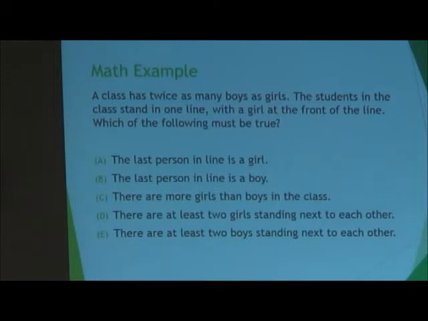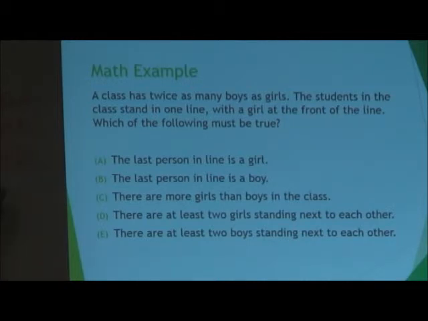If we say that there are twice as many boys as girls, you just have to turn that into a really simple thing. So you're going to be like boy, boy, girl, right? That's one possibility. Or it could be girl, boy, boy, boy, girl, boy. Those are our only 3 possibilities, right? Wait, no, it says the girl has to be at the front. Yeah, a girl has to be at the front, right?